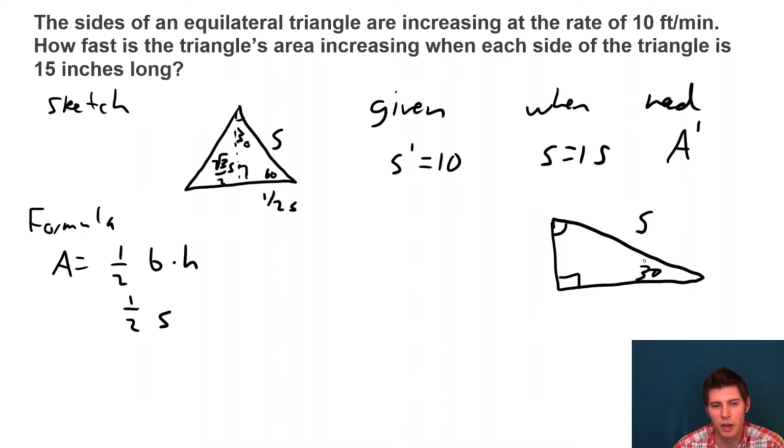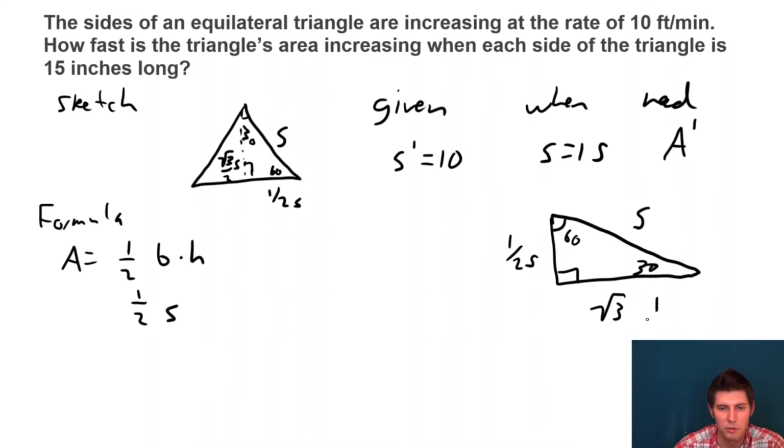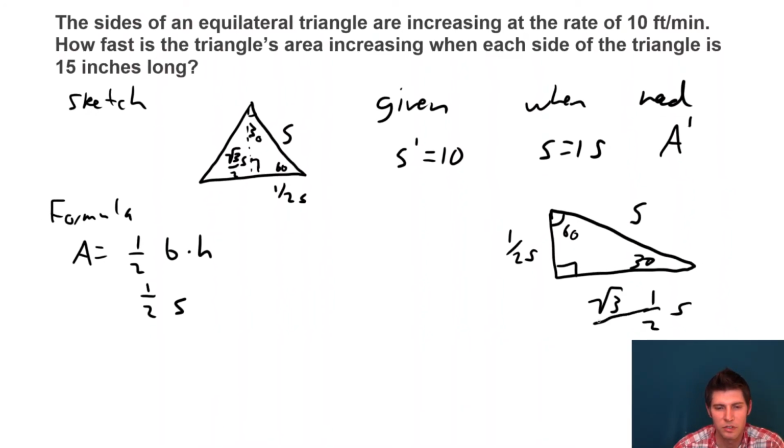And then we know opposite the 30 is half the hypotenuse. So this is half S. And then we know opposite the 60 is root 3 times the 1/2 S. So it'd be root 3 times 1/2 S, which is just root 3 over 2 S. So the height is root 3 over 2 S. So our formula for the area of an equilateral triangle is 1/2 S times root 3 over 2 S. And we can simplify that into root 3, and then 2 times 2 is 4,